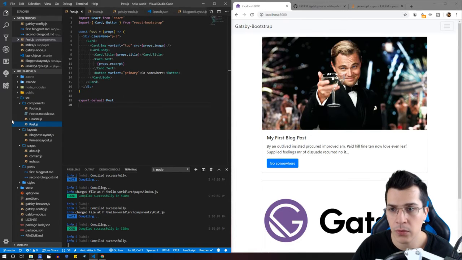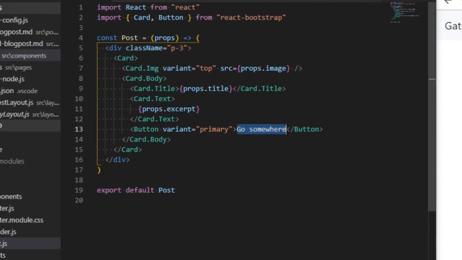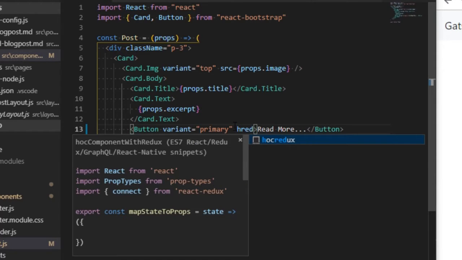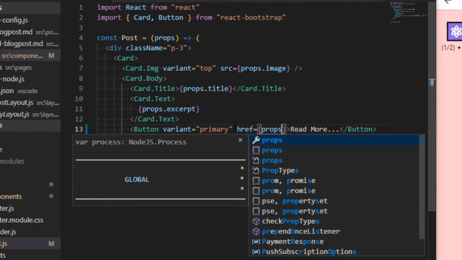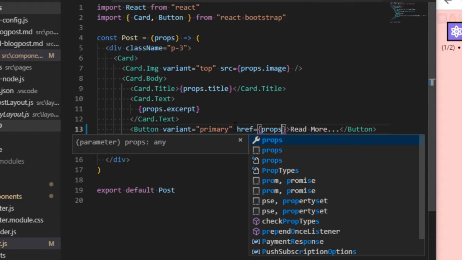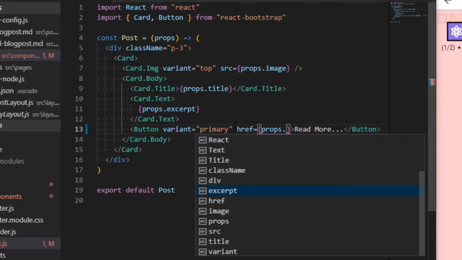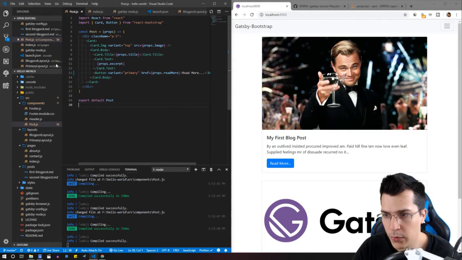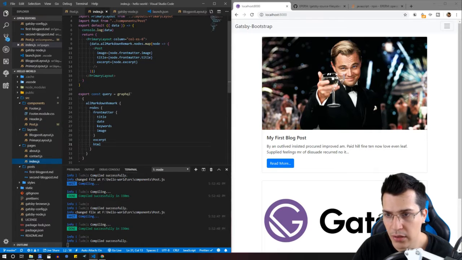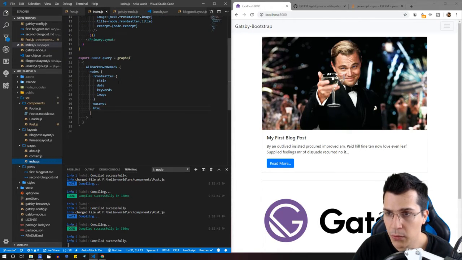And what we would need to do is to change that text first to ReadMore... And here we would want to provide an href to be equal to props. And let's say the props is going to be .readMore. And now what we would need to provide is in here in our index.js, we would need to add to